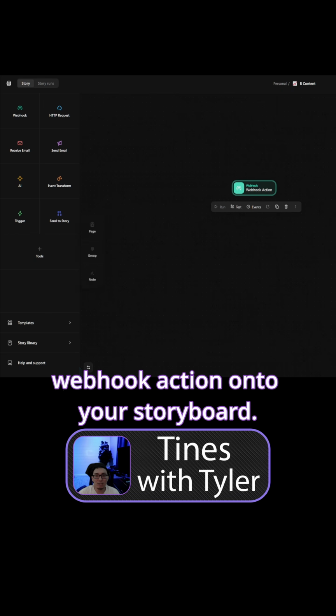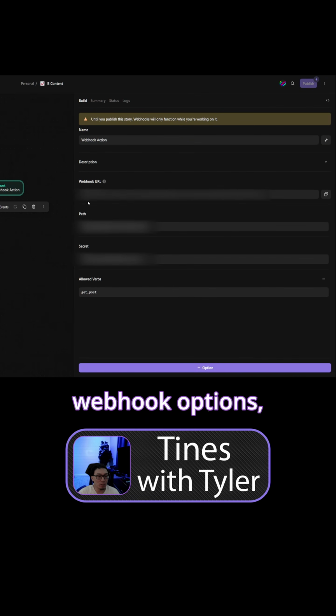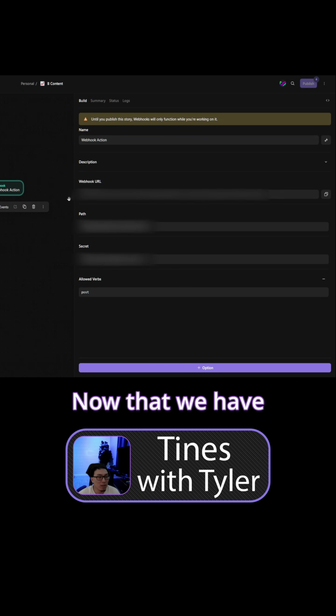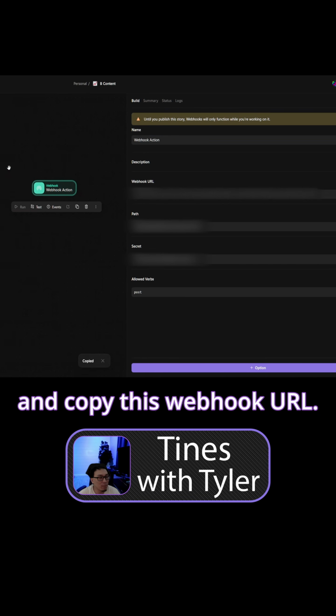Drag the webhook action onto your storyboard. If you look at the webhook options, you'll see that Tines gives you a webhook URL, a path, and a secret. Now that we have the webhook action set up, I'm going to go ahead and copy this webhook URL,